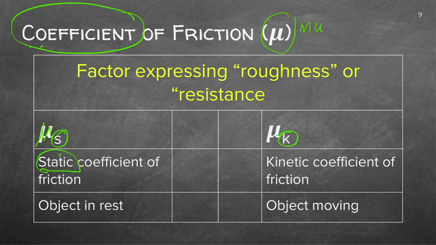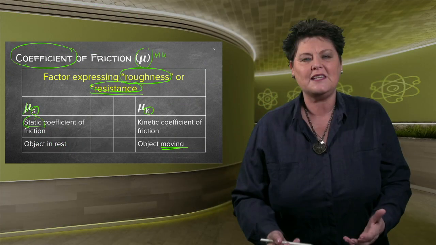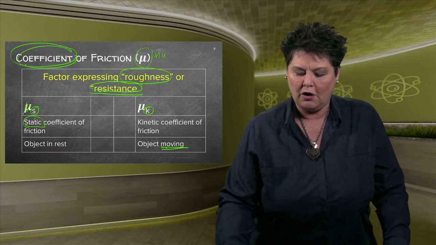When it's got an s, it's static, and that already indicates to you it's static, it's not moving. When they give you a value or they ask you to calculate the kinetic coefficient, then you know it is moving. Again, there is no unit because you'll see just now it's a relationship. Important, it actually gives me some indication of either the roughness or the resistance. So the resistance that a surface actually exerts will give me a sense of the coefficient of friction.